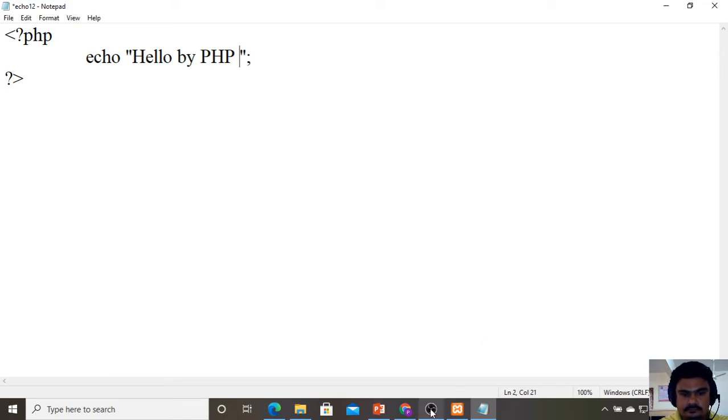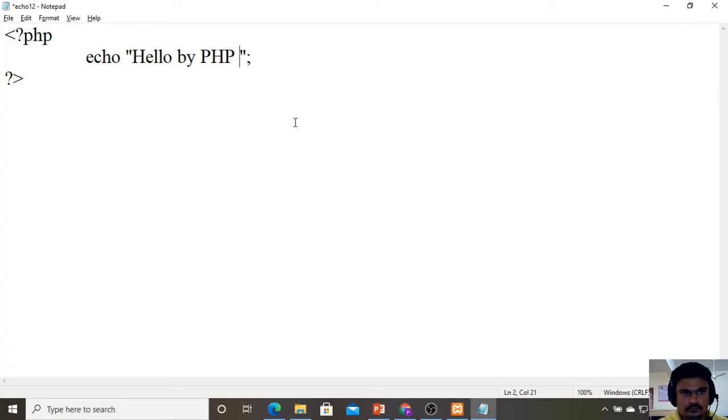Fine. So here I am going to get the backslash. So backslash will help me for what? To skip the double quotes. So if I don't give this backslash, it will print only hello by PHP. Okay. So if I give backslash, this double quote is going to be skipped. It is not going to be considered.